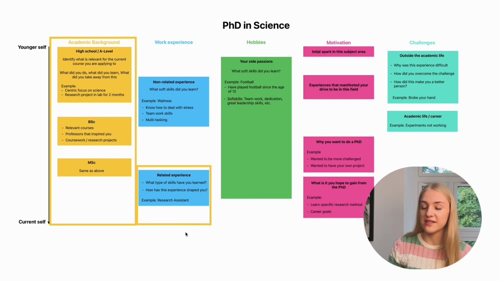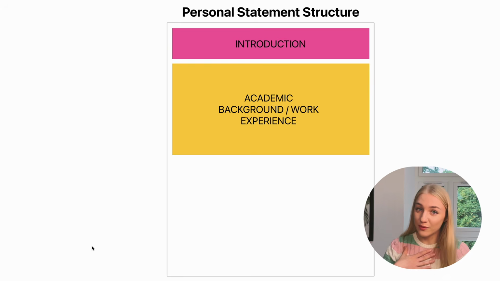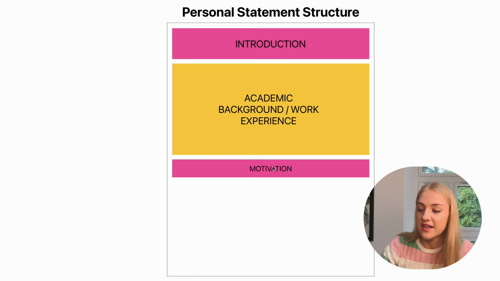So just experience that actually has something to do with the subject that you're studying. And what I prefer to do is kind of start from the beginning of when your motivation started all the way to where you are now, but as concise as possible, and only mention those things that either sparked your motivation more or show that you gained really key skills that are important for the subject. And then at the end of this academic background or work experience, I would then link it to why it is that you're excited to do this specific project.